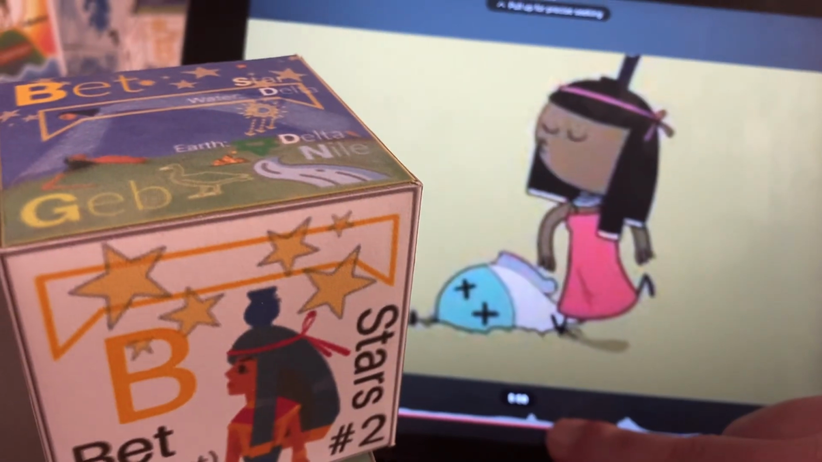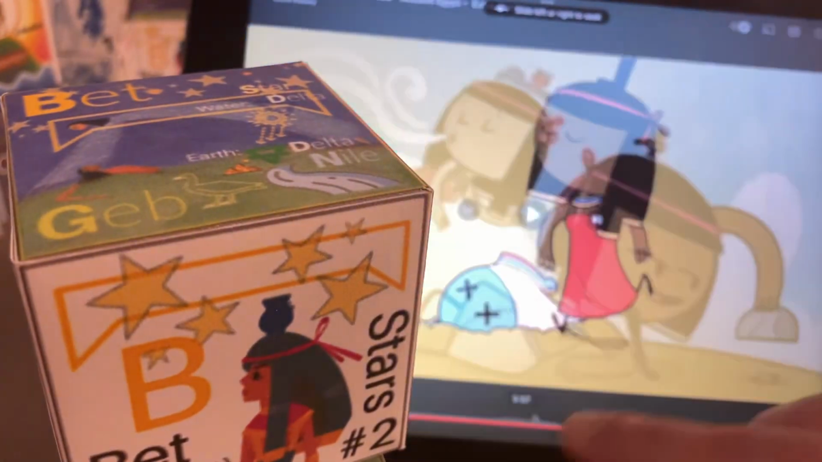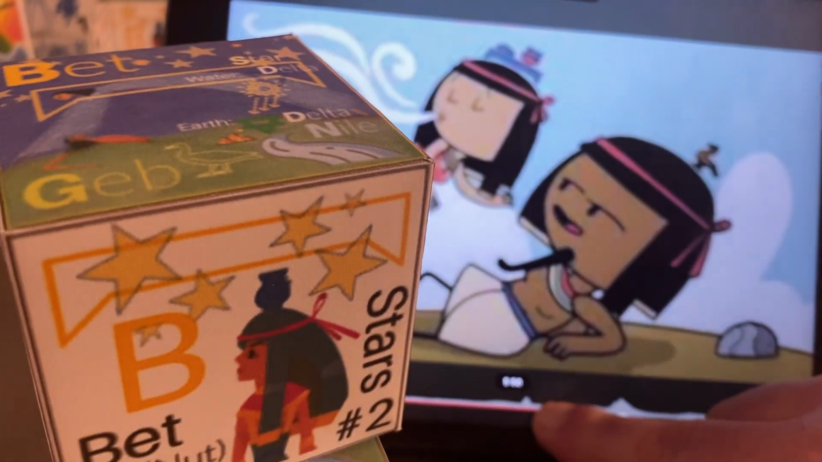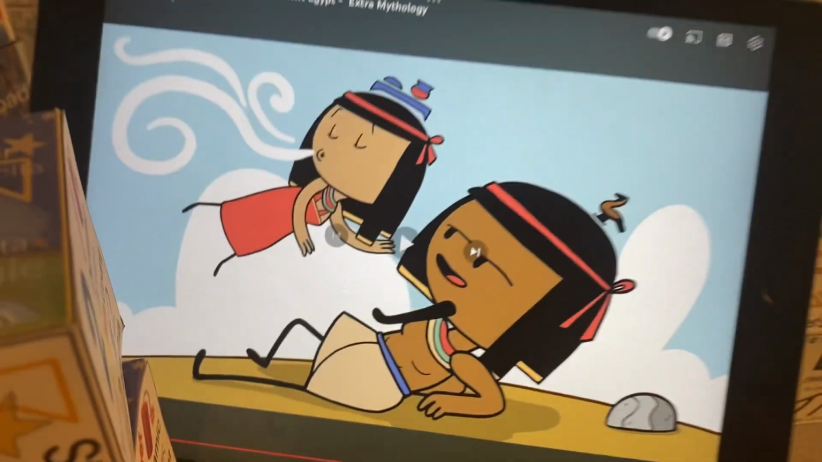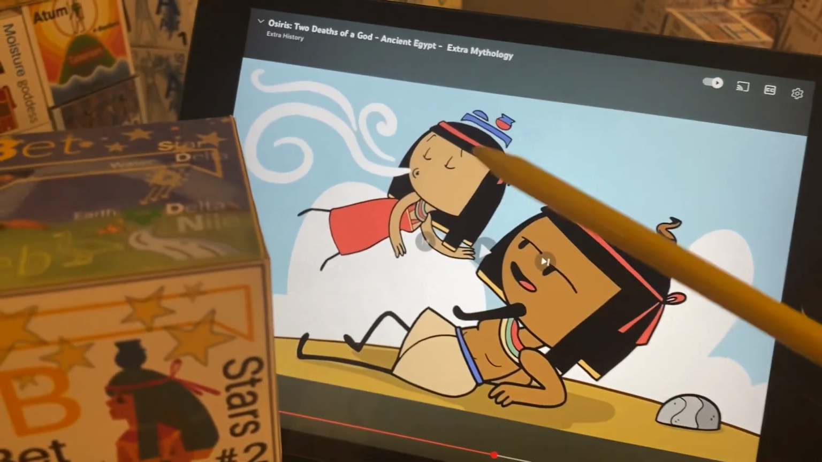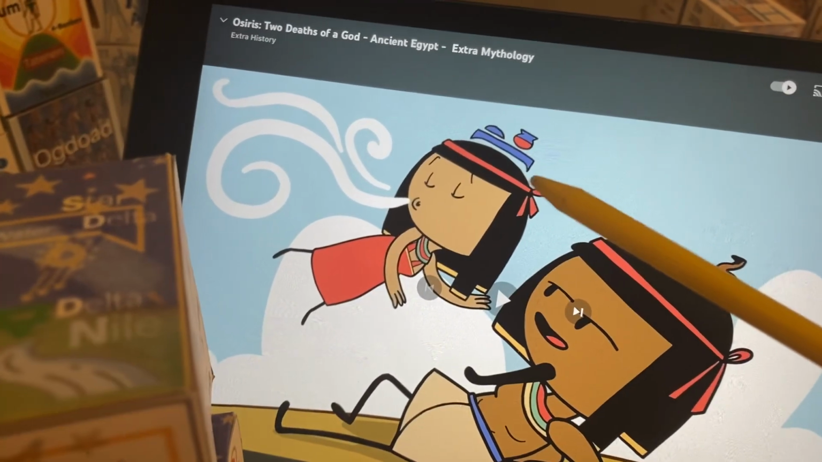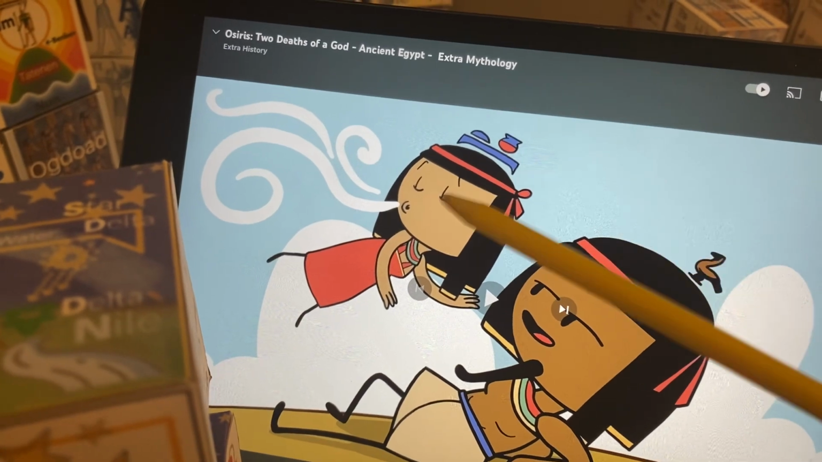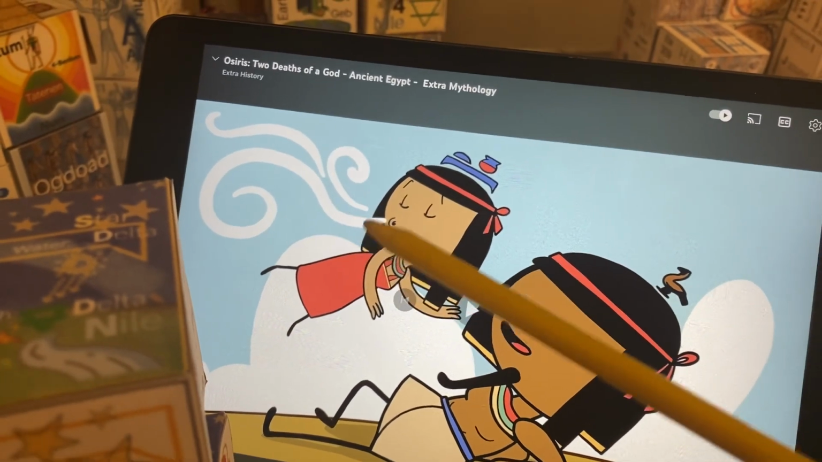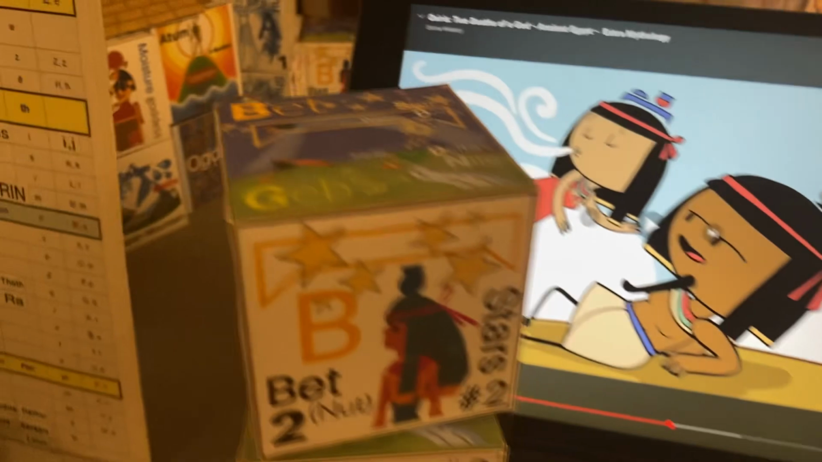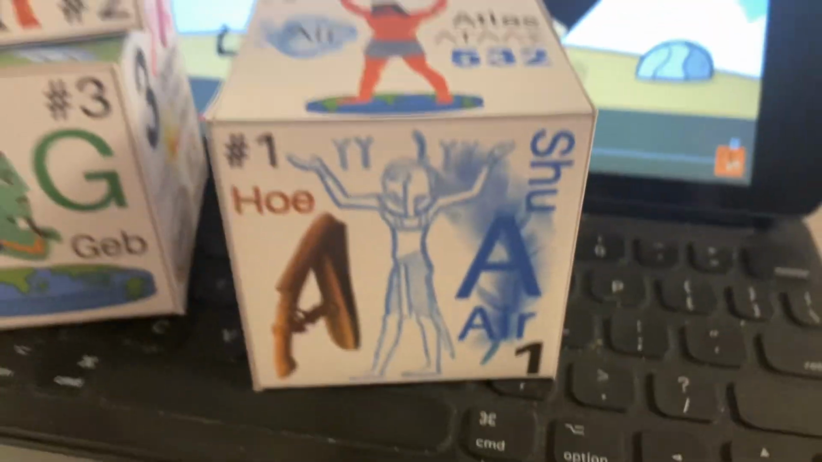He says Nut. He spells her name Nut. We can see the stars right there above her head, and he's got air coming out of her. This is incorrect. Shu is actually the air god. So the air god is Shu, and as we've already talked about, Shu separates